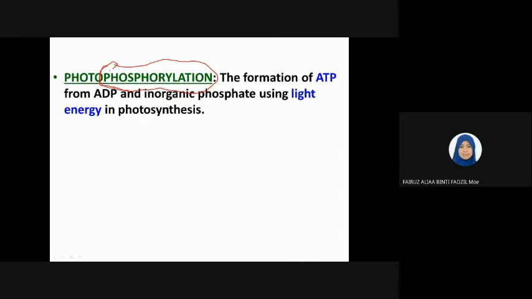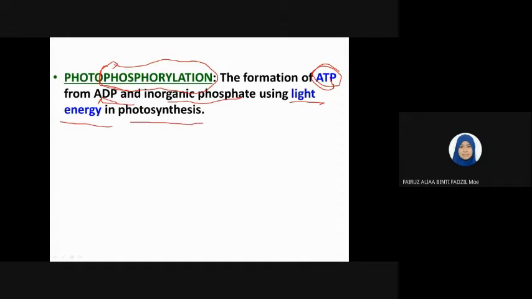So photophosphorylation specifically refers to the formation of ATP. How is ATP formed? Of course, with the addition of an inorganic phosphate group to the ADP, isn't it? So that's the formation of ATP. But why is it called photophosphorylation? Because this process uses light energy as the source of energy,